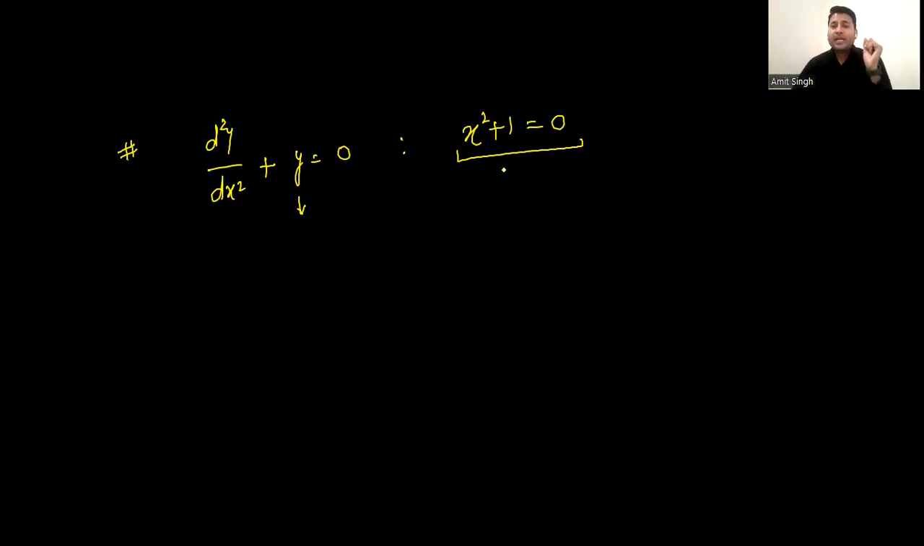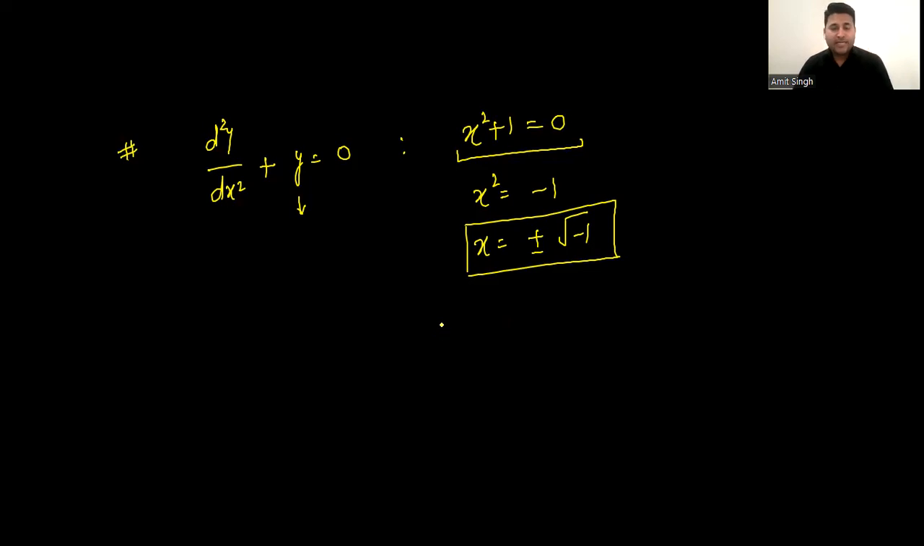Now, if I need to solve it, what will I get? I will get x square is equal to minus 1. If I take the square root on both sides, x equals plus minus root of minus 1. Now, in the real number system, we didn't know what this is. The square root of a negative number is not defined in the set of real numbers. So basically, we stopped here, since if we restrict ourselves to only real numbers,